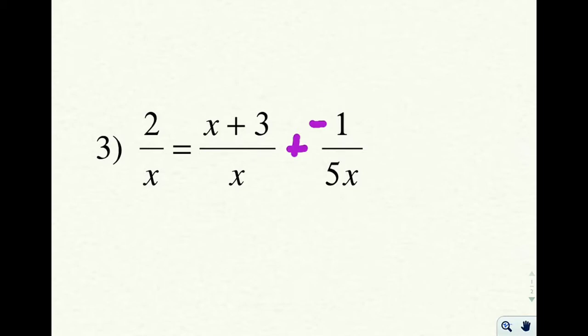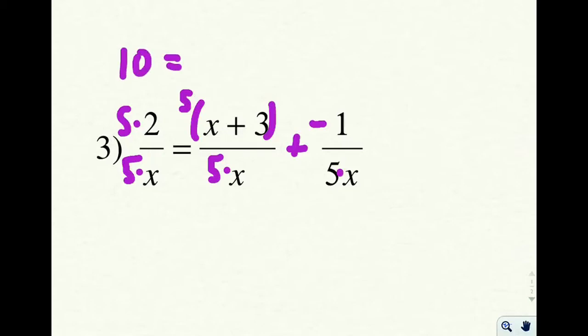The other thing is I need to get 5 and an x in all of my denominators. So I have 5 times x here, so that means I need to multiply this by 5 and thus my top by 5, the entire top of that fraction. Multiply this one by 5 and the entire top of this fraction. So now if I clean this up, I have 10